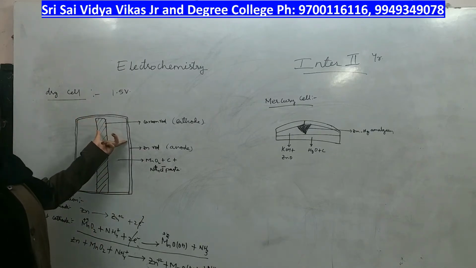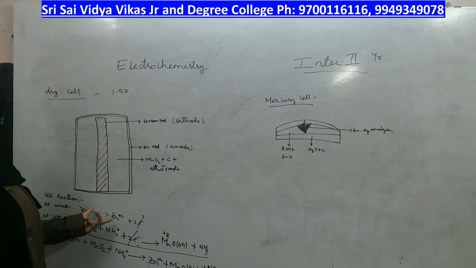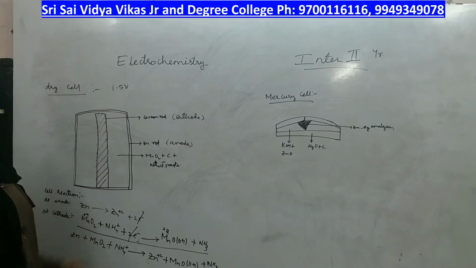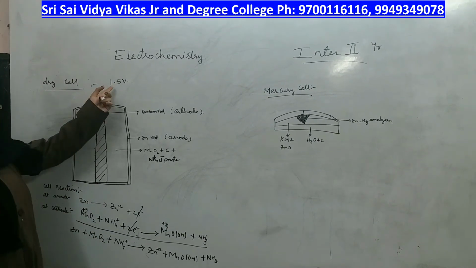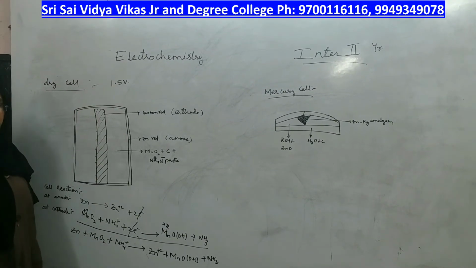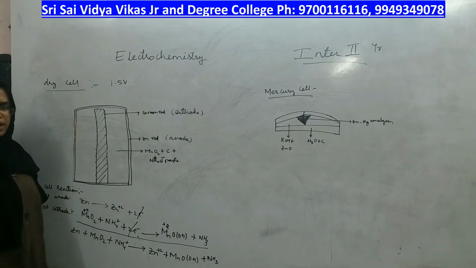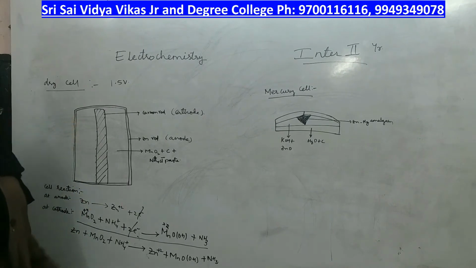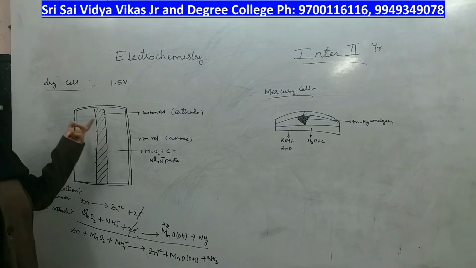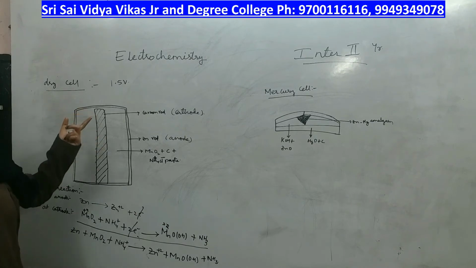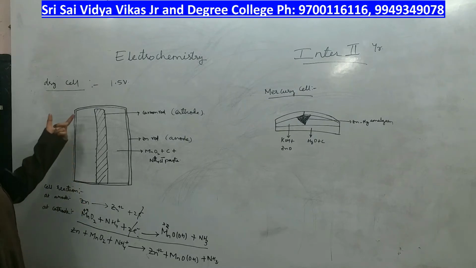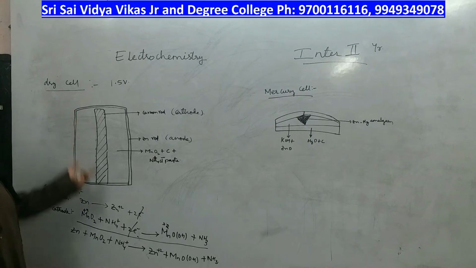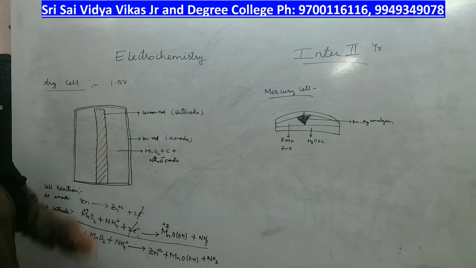This is the construction of a dry cell. This is how it works, and final reaction is this. By this way of working, the voltage that it generates is around 1.5 volts. Where do you find the application of dry cell? At small scale level, you will find huge applications of this dry cell in toys and even in remotes, right? This is how it is applied in our daily life. Please note down the reactions and let us go to the next battery.